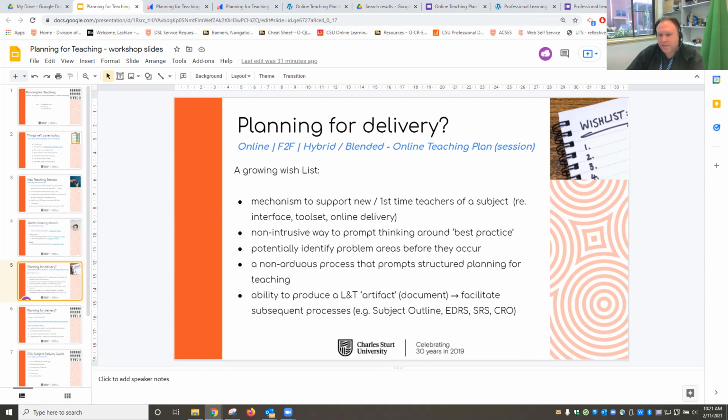And sometimes it's being suggested to other staff that they have a look at it to help with their own processes. So again, this is a structured planning tool, and it will give you an artifact, a document, at the end of that. It returns it to you as part of the process, which is part of the reason why it exists, because you actually need something back rather than just filling out a form.